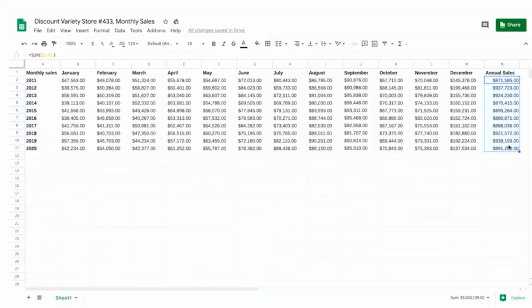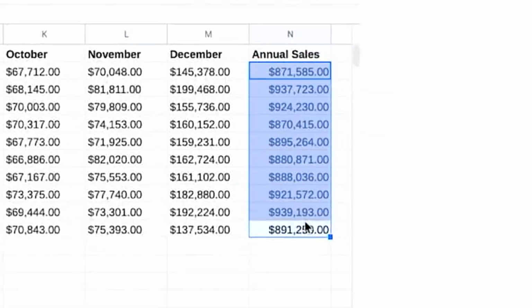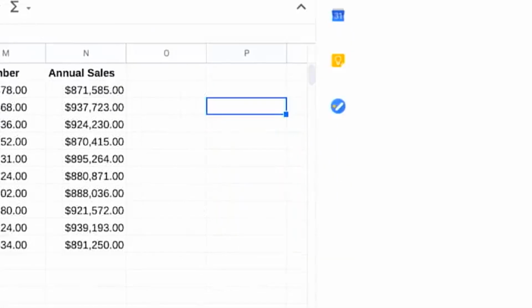Let's say we also need to find the growth in annual sales from year to year. This would be a good time to think through the problem before we try to solve it. Do we have the data we need to solve this? Not yet. Thinking backwards like this helps us plan out the steps to move forward. The first step we'll need to do is calculate the total sales by year. Then we'll measure the rate of change between years.